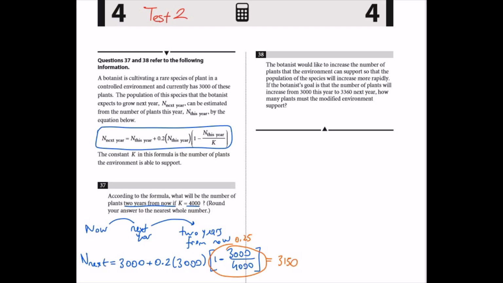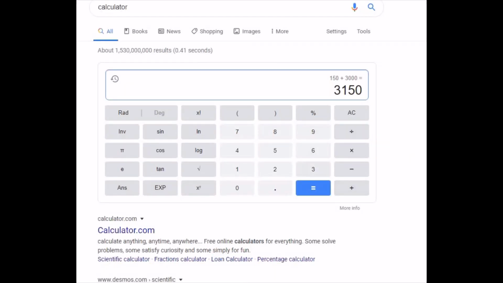Now this is the number of plants we have next year. Now we need to do it one more time. The second time, this time we have 3150 plants plus 0.2 times current times 1 minus current 3150 divided by 4000 again, because we know that the K constant is 4000 for this specific question. Again, we can go to the calculator and start from the last part. 3150 divided by 4000, subtracted from 1, this is a positive number, so 0.2125